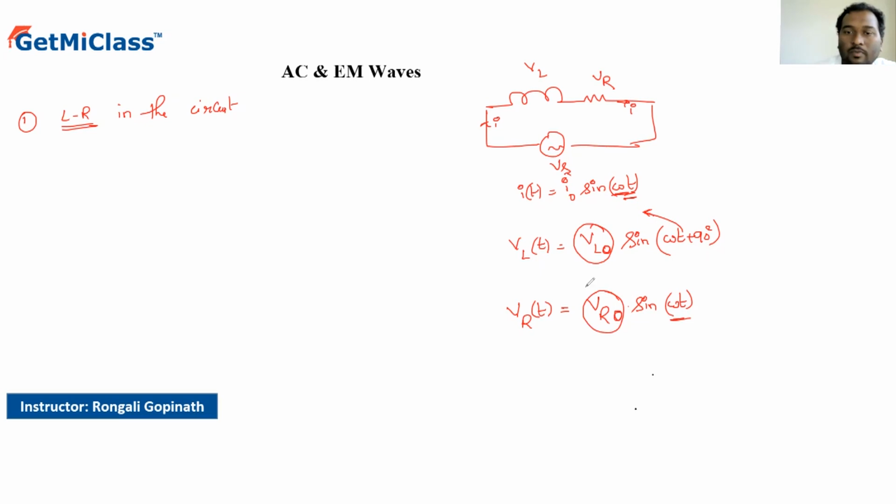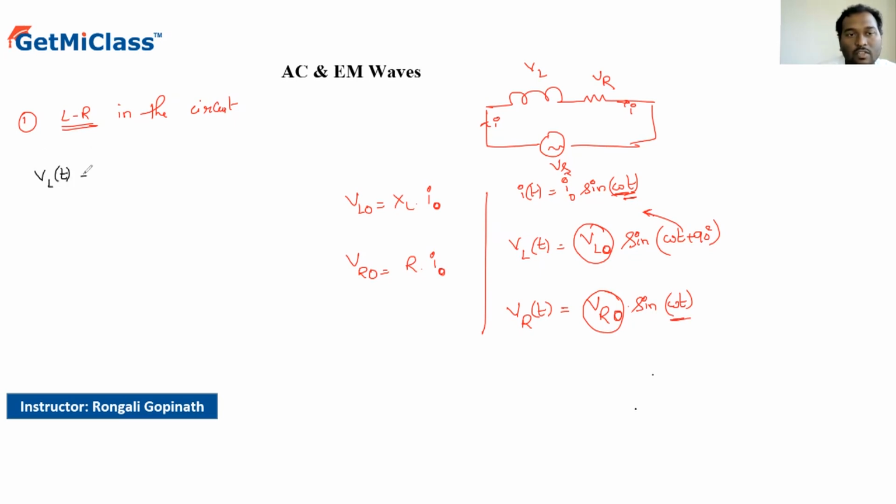How can we get the maximum values? We have learned in the previous case that VL0 is equal to XL, the reactance of the inductor, into the maximum value of the current, I0. Similarly, VR0 is equal to the resistance of the resistor into the maximum current I0. Right? So substituting that, we have